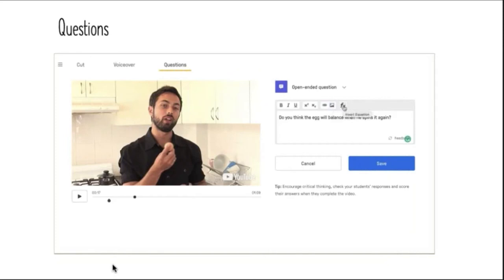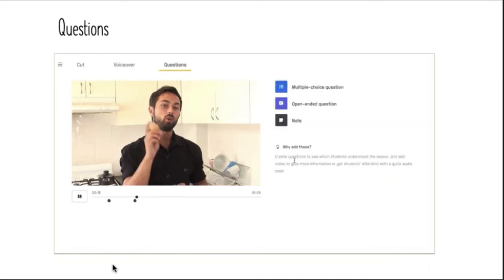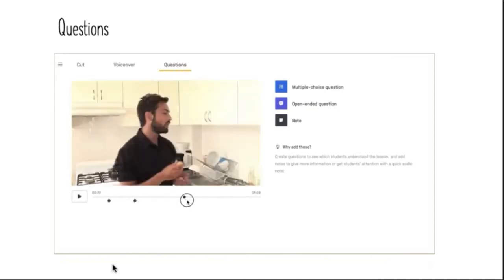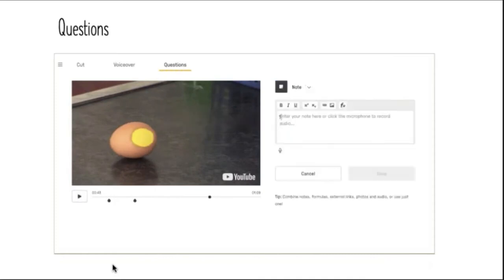Conclusion. And then you can just drag it forward. You don't have to sit through, you just find your spot. And then, so for my note, this is something that they have to acknowledge, but they don't have to input an answer.